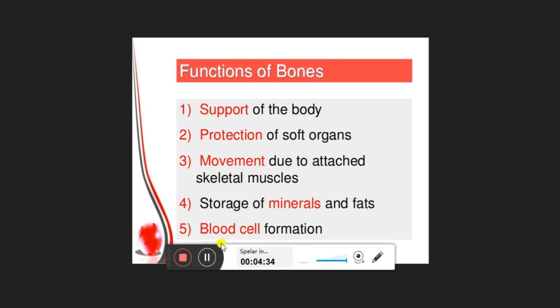So children, don't get confused between the importance and the functions. Almost they are both the same. If we talk about the importance of bones, you already know that this is the hardest and the most rigid structure in our body. So obviously they give support and shape to the body. They also protect the internal, soft organs. Then movement is possible just because of the bones. So that is why the bones are important for our body. Then there is storage of minerals and fats. Calcium is deposited in them, and blood cell formation happens in the bone marrow, as I told you before.